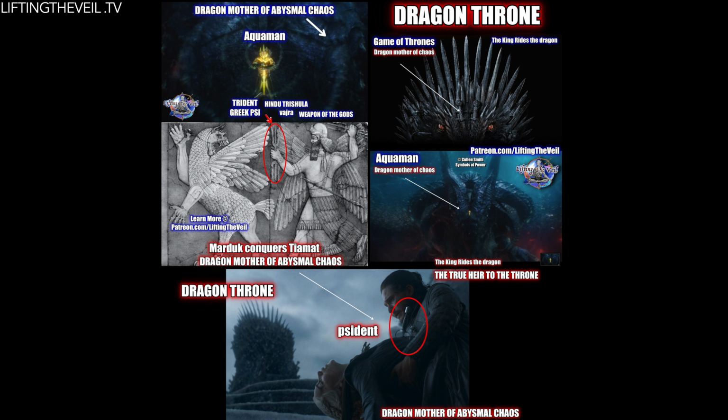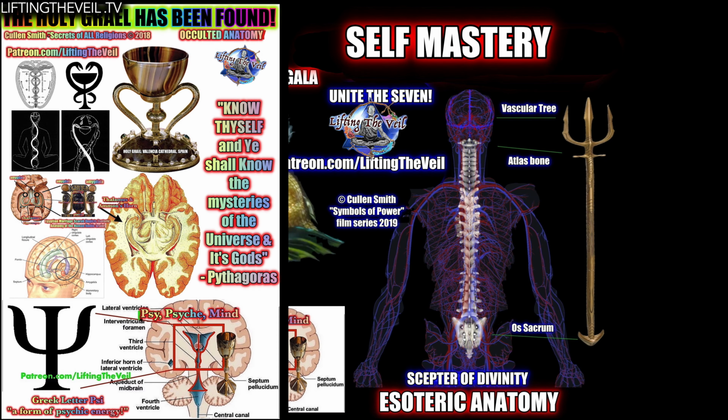The dragon throne, the true heir, the true king, the true heir to the throne, slaying the dragon monster of the abysmal chaos. It's all here. I've decoded the whole thing. It's perfect. And this is exactly why the Trident is symbolic of the human brain,